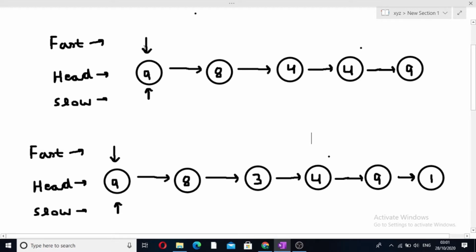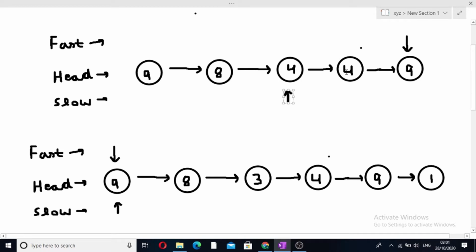See, both the fast and slow pointers are initialized with the head of the linked list, and at every iteration the fast pointer will move by two nodes and the slow pointer will move by one node. After another iteration the fast node will move by two nodes and the slow will move by one node. Now at the third iteration we can see that fast has to move by two nodes, but the next node of 9 is null.